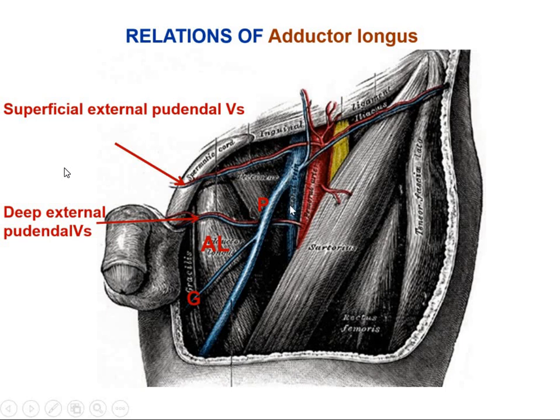So origin is medial margin of lower body of pubis. See, this is the gracilis muscle. Insertion: upper part of medial surface of tibia